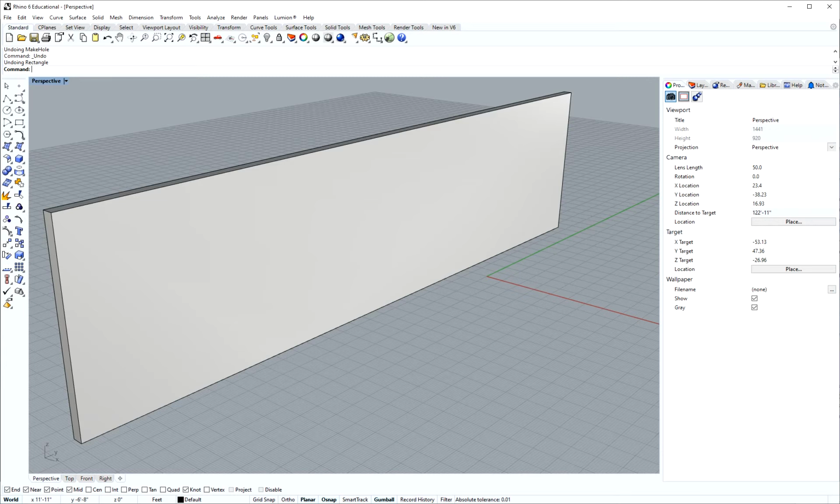Hi everyone, I want to show you guys how to make doors and windows in a wall. So for that purpose I've drawn a wall here. It's about 30 feet wide, 9 feet high. To make a window or a door, first you have to draw the profile of that kind of hole in